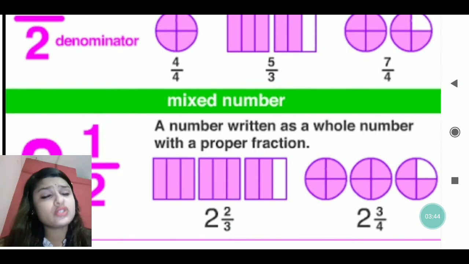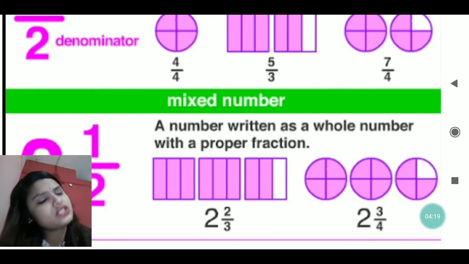Like 1 by 2 and 2 by 4 is written, you cross multiply them, you will get 4 by 4. So it means that it is an equivalent fraction as both the places are common. If numerator and denominator are equal, then it is considered as an equivalent fraction. How do we reduce any fraction? We reduce any fraction by finding out the common factor as 1 in them. If we are getting only one common factor in both, that is 1, then that fraction is considered to be in its lowest term.